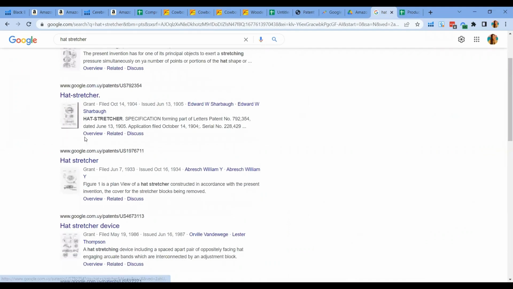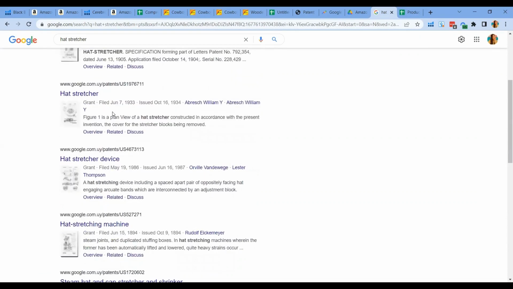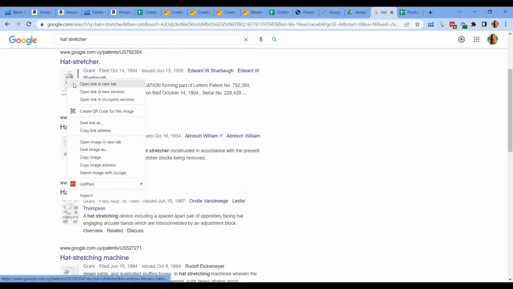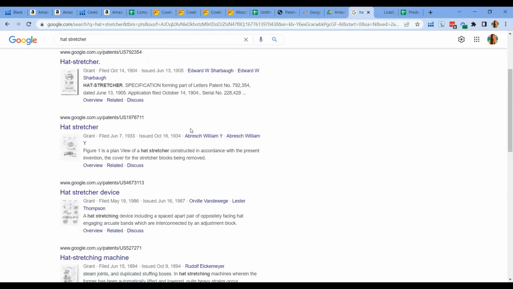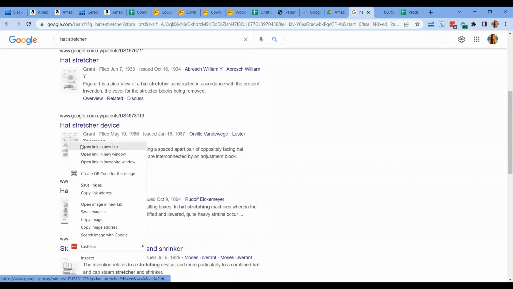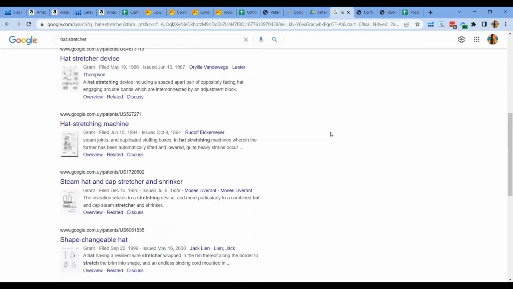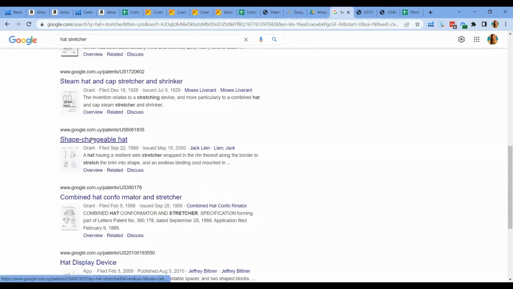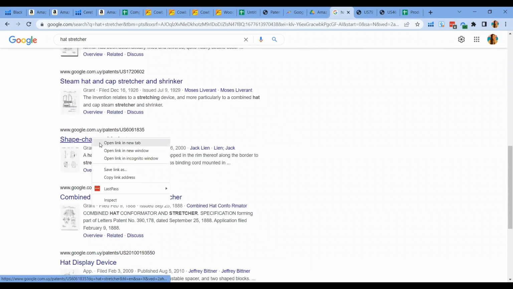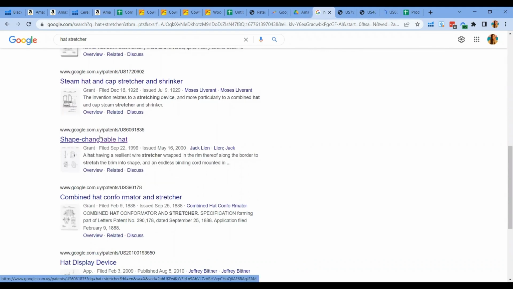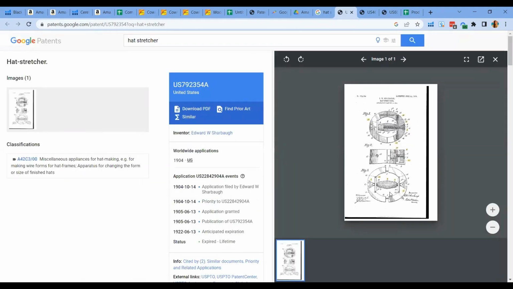I was able to do a hat stretcher search here. And here you can see right away a preview of the hat stretcher tool that this person has a patent to. So it's easy for you to check if this design is owned already.